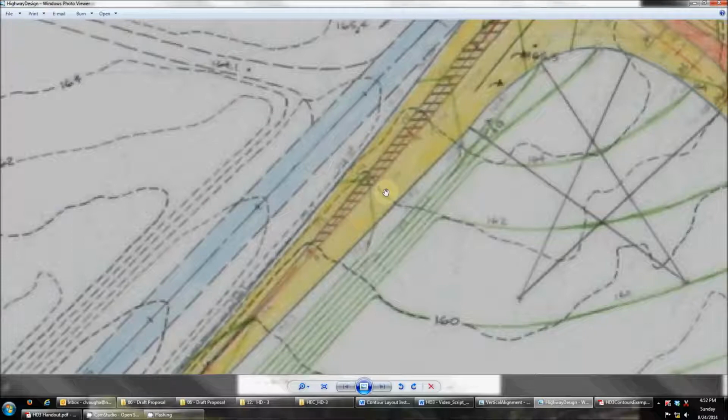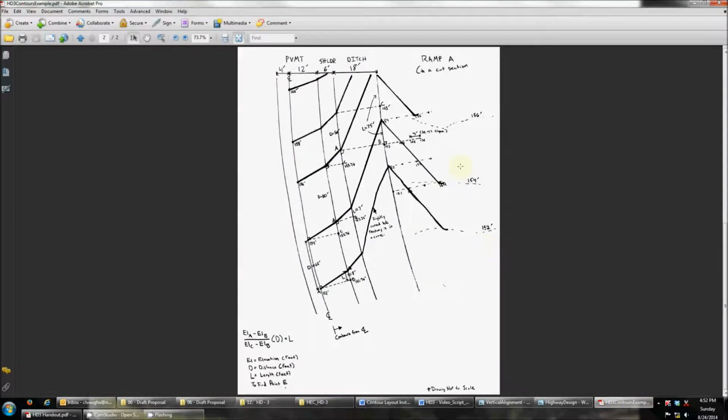An example of this calculation is shown on the second page of the HD-3 Contours Example PDF. If I pull that up here, so here's the second page. You can see the numbers here of the center line. This is actually the center line where you see CL. This is for ramp A, by the way, but let's refer to it as though it were NC 125 for now. So you can see you've got your 152 contour points marked on the center line. What you're finding is this